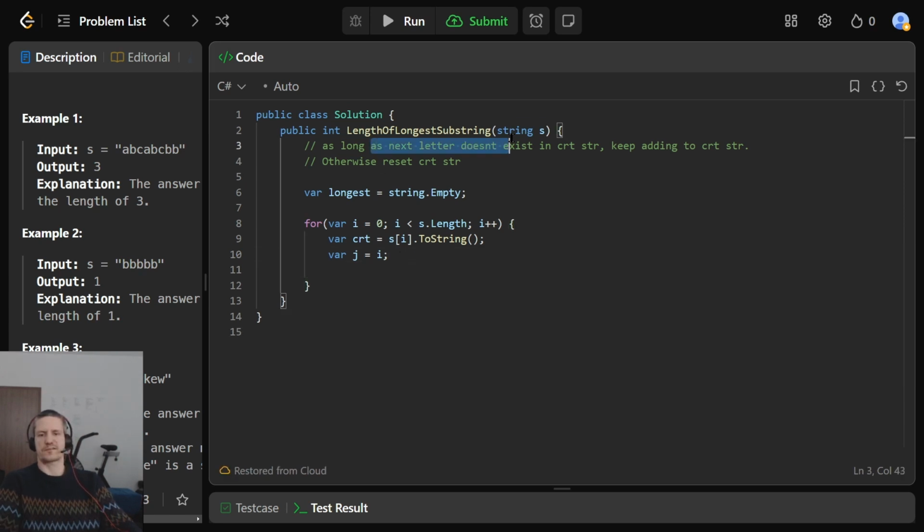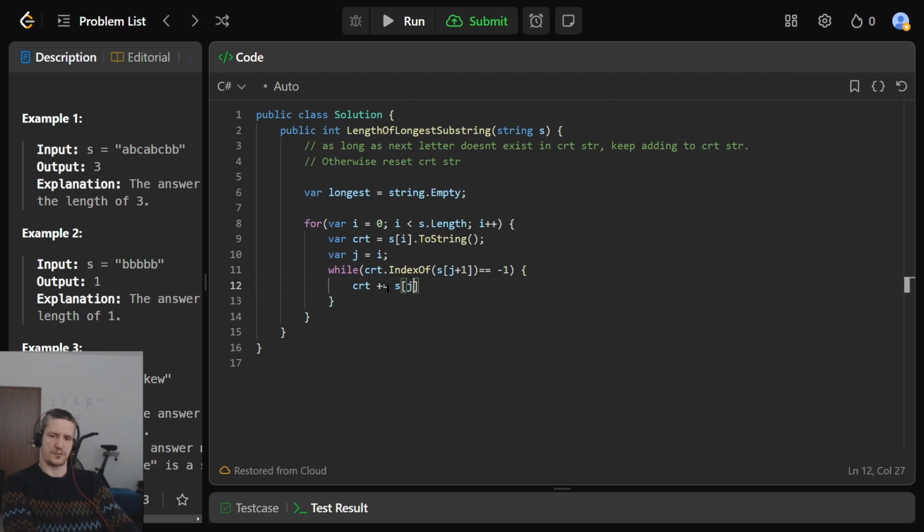As long as the next letter doesn't exist in the current string, while current string dot index of j plus 1, then just keep adding to the current string, current plus equals s of j plus 1,